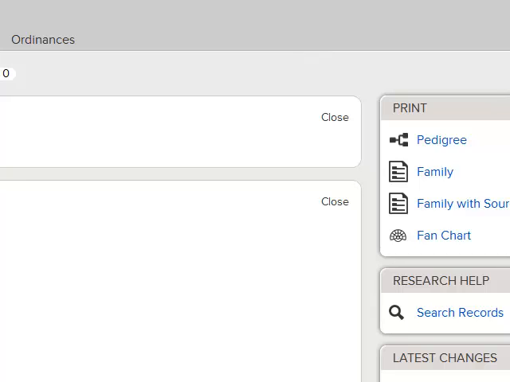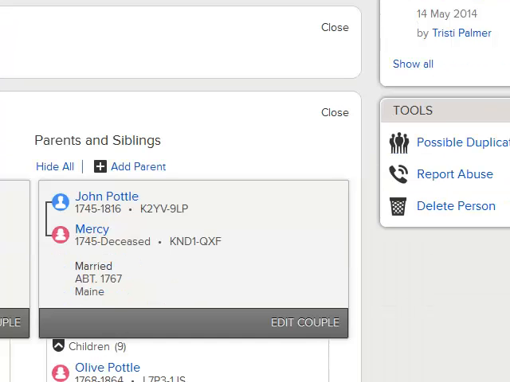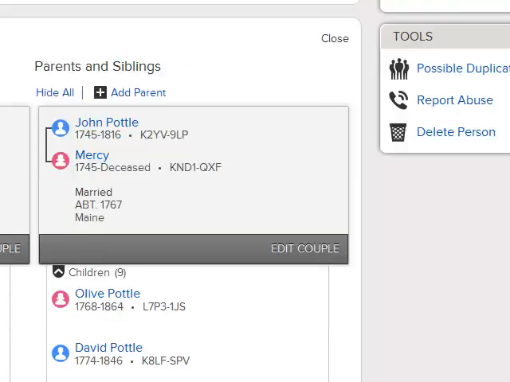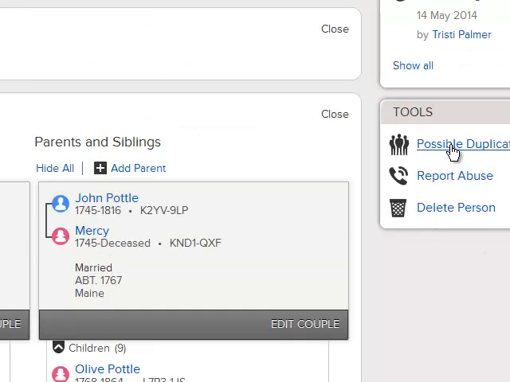Wait for it to load. Okay, so now here we are with Azaria and Anne, and if we go down here, there's no other wives. That's because the other Azarias are different versions of the same person. So the way we do this is we look over here, and